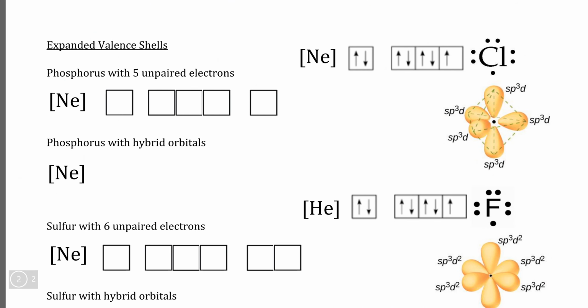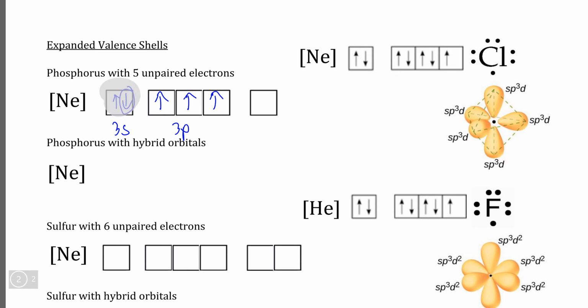The final topic in the video is to explain how sigma bonds form with elements that have expanded valence shells. So if we consider phosphorus and sulfur, the mechanism works fairly similarly. If we consider the electron configuration of sulfur, it would be neon 3s2, 3p5. We know that phosphorus begins with 5 valence electrons, and one of them is normally a lone pair. However, again, this doesn't explain how phosphorus is able to make 5 bonds unless we take one of its electrons